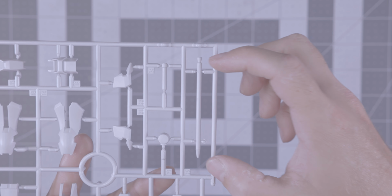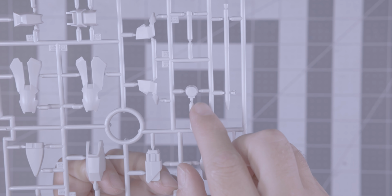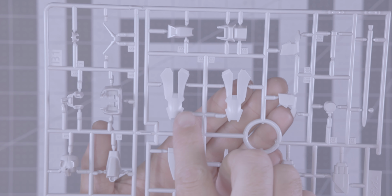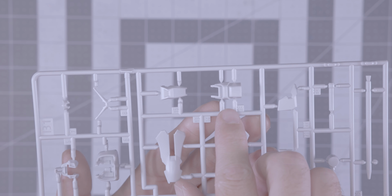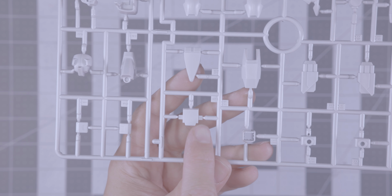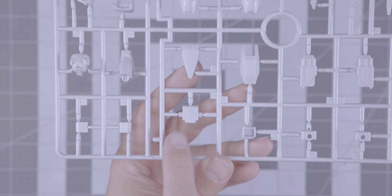This piece right here is the spear that goes onto the Blitz shield. Typical little beam saber. Not sure what this piece may be. Up here are some pieces for the shoulder armor and pieces for the lower leg. The top of the foot here, and the back of the thigh here. The front of the thigh, I believe this is the side skirt, and this is probably top of the shoulder